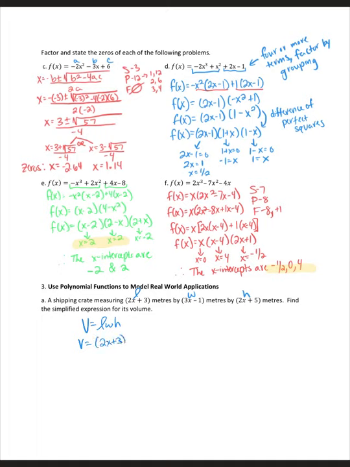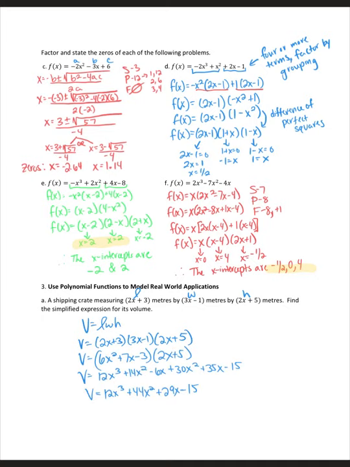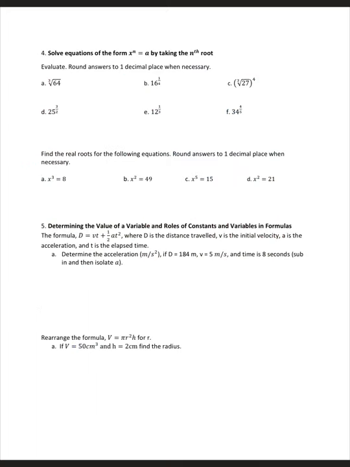So we'll have 2x plus 3 times 3x minus 1 times 2x plus 5. So again, pause the video and go ahead and expand and simplify this to get a simplified expression for the volume. So after you expand and simplify, you should get the volume equals 12x cubed plus 44x squared plus 29x minus 15. With our review. All right,